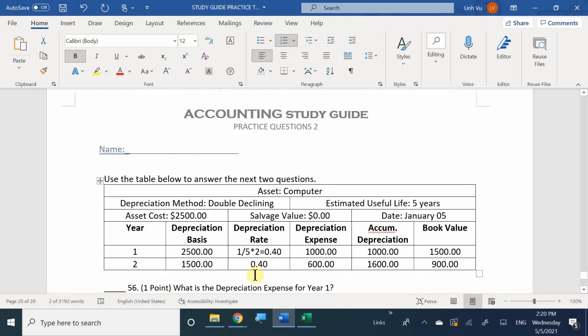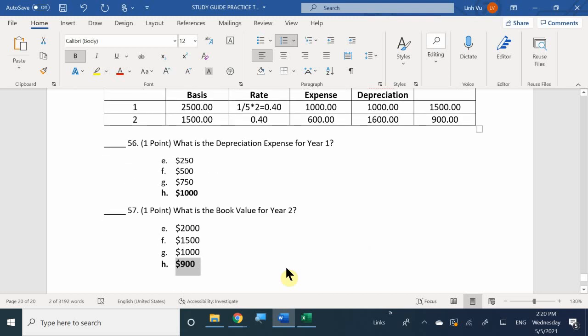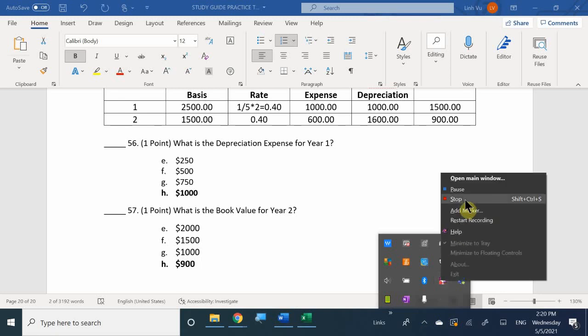So there we have it. We reached the end of our study guide. I gave you perfect examples of what it is like to see what's on the exam. And you can even think about this too. This is a mini exam that you just took. So by working together,